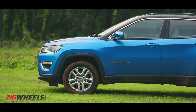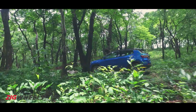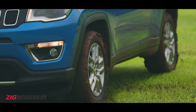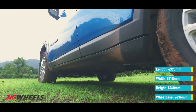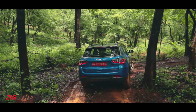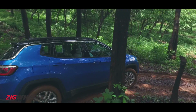What's more, the Compass also offers plenty of ground clearance, and we never had a problem going over any of the rocks and ruts on the course. And while we did not get an official number from Jeep for the ground clearance, spec sheets are expected to quote a figure lower than expected due to a change in the norms regarding the measurement of a vehicle's ground clearance. The Compass also impressed me with how easily it could go around tight turns despite its overall length of